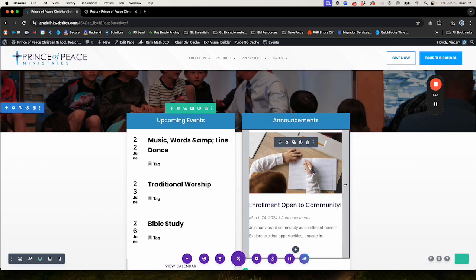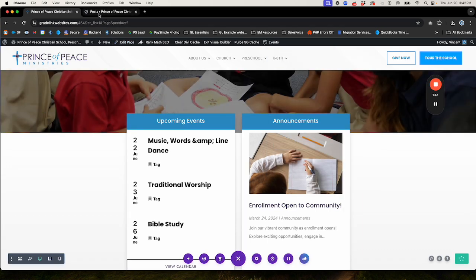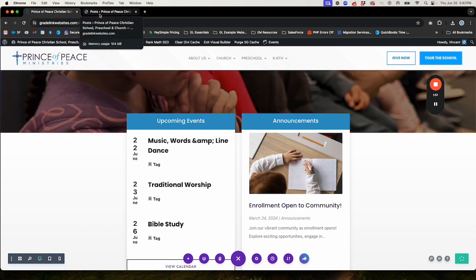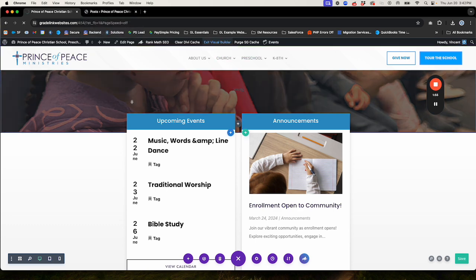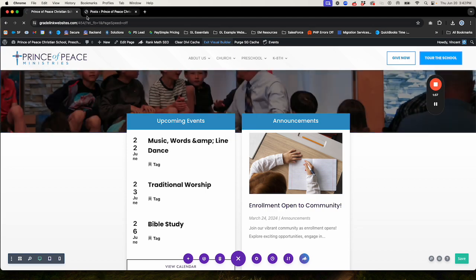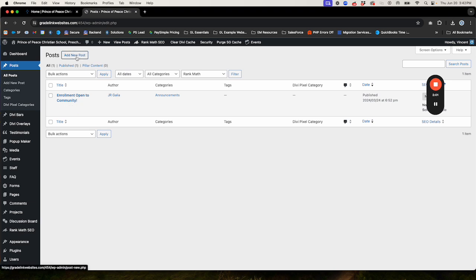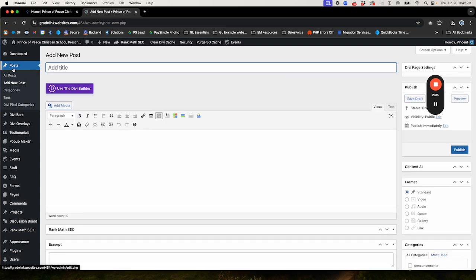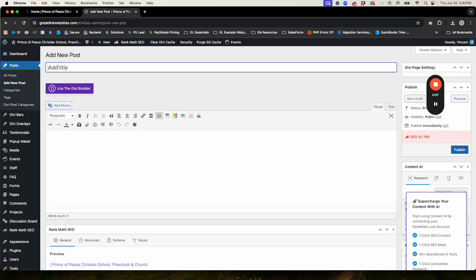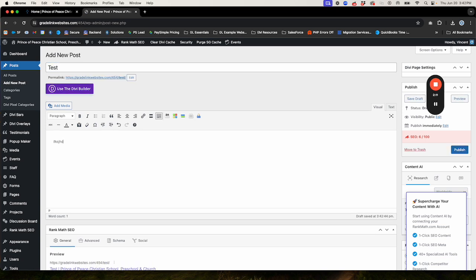So now that we've determined where they're pulling from, we can go in and update it and/or change it. So there's a couple ways you can do it. If you want to have a historical log of your posts, then what you can do is simply click add new post. So click on post on the back end, add new post, and then put in your post title, put in some content,